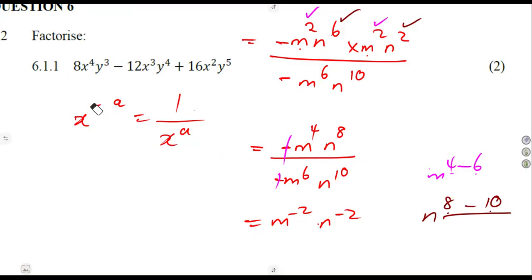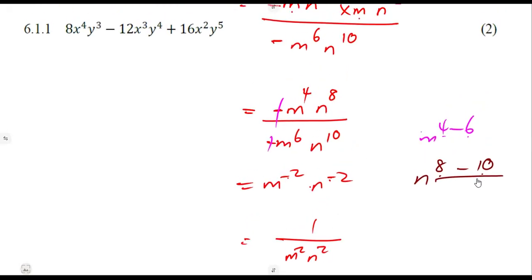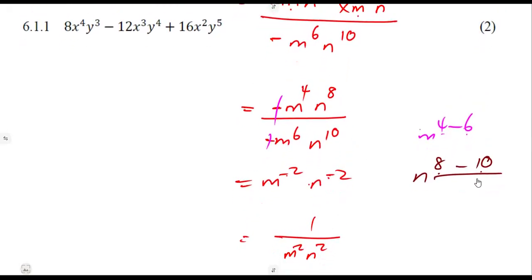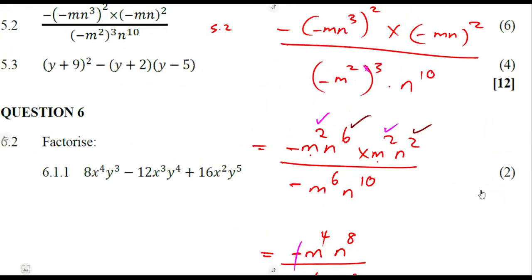We can get rid of that by writing it as 1 over. Since both have negative exponents, it means both are in the denominator, raised to the exponent of 2 without the negative. That is the condition. That is the condition. So I want you guys to go through as many questions as you can as an